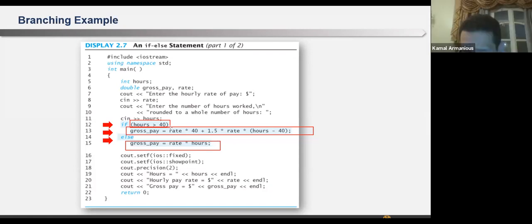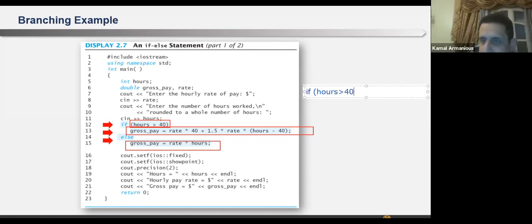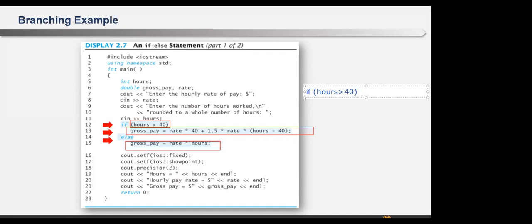A condition. Okay. Yes, and it is also called a Boolean expression. What does it mean, a Boolean expression? It can be true or false. Exactly, true or false. So if hours greater than 40, this is a Boolean expression.